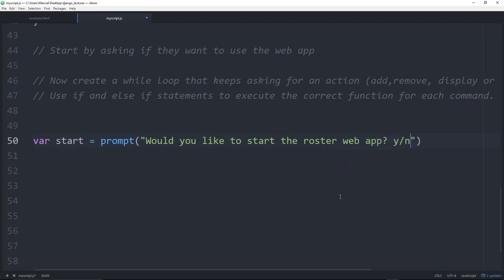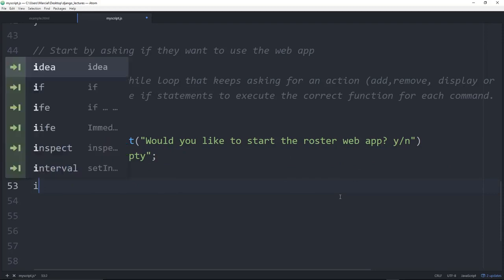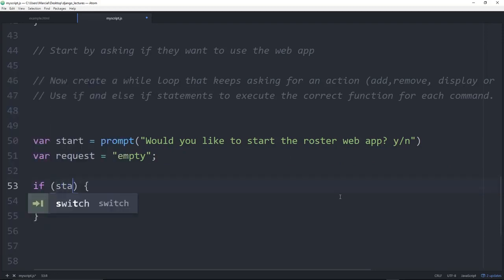And we'll only accept Y or N, so we'll tell the user Y or N there. And I will also create a variable called request that is equal to empty. We'll see what request is for in just a second, but basically it's going to be a string. And I'm going to say if start is equal to Y, meaning the user did want to start the web app,